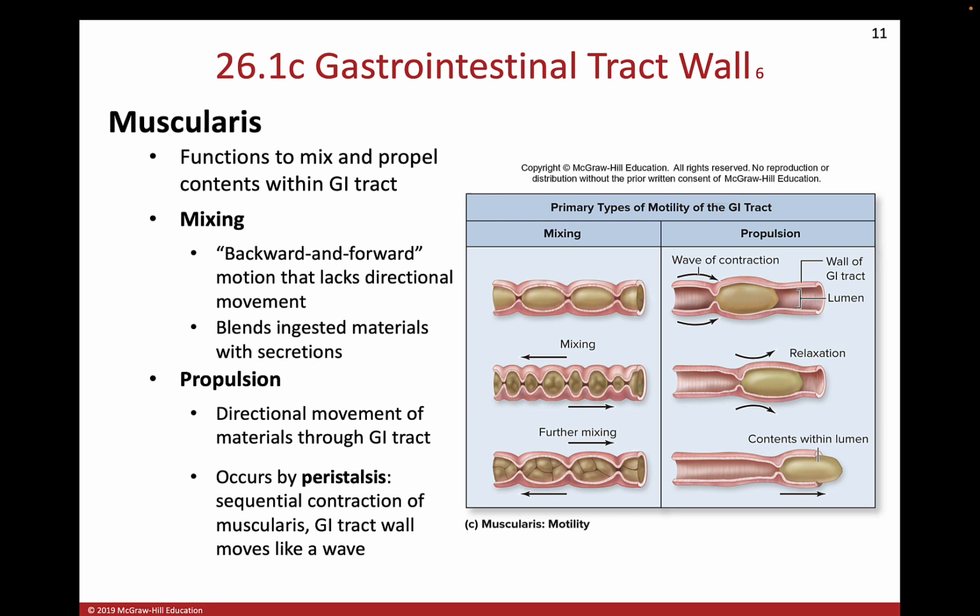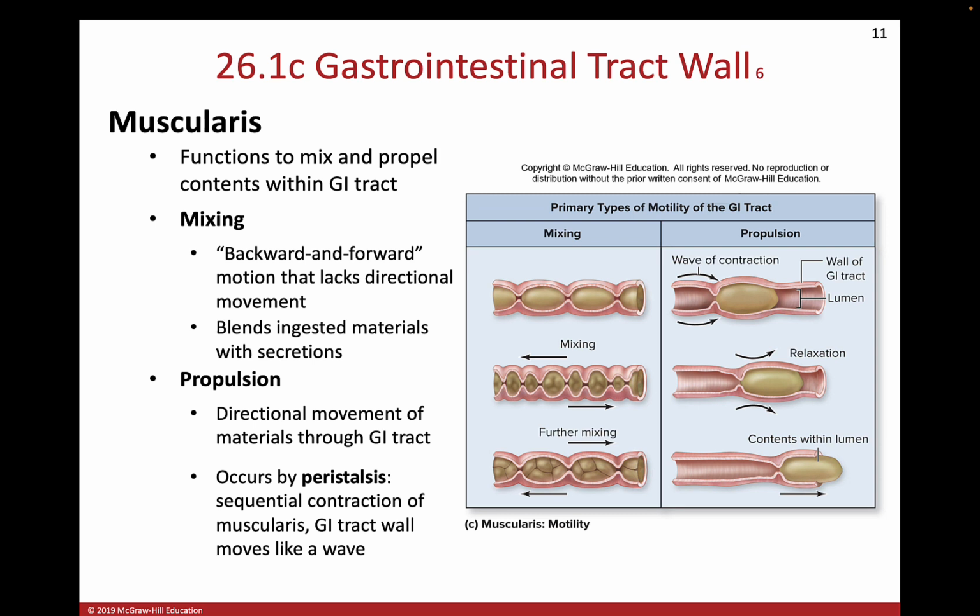One of the examples I make of mixing pretty regularly is imagine that you're making chocolate chip cookies. One of the things that you always do is mix the chips in so that you get an equal distribution of the chocolate chips throughout the batter. If you don't do that, then there's going to be an unequal distribution of the chocolate chips. So this mixing movement is actually allowing more exposure to whatever is in the lumen,